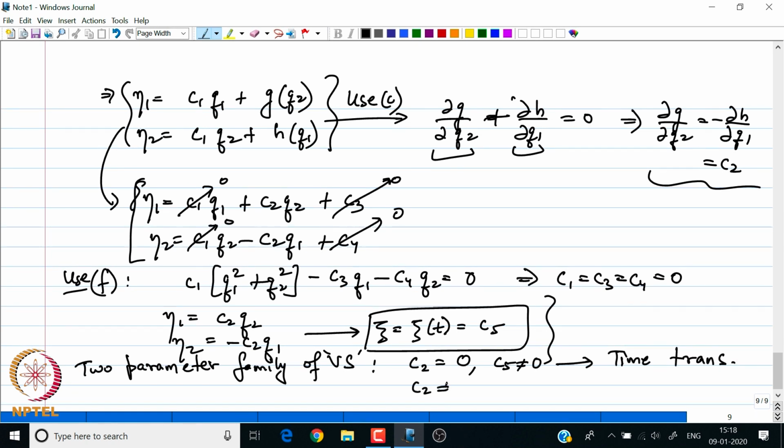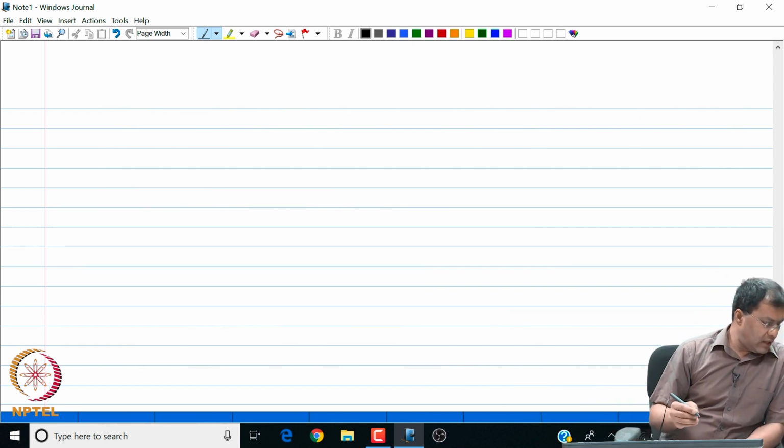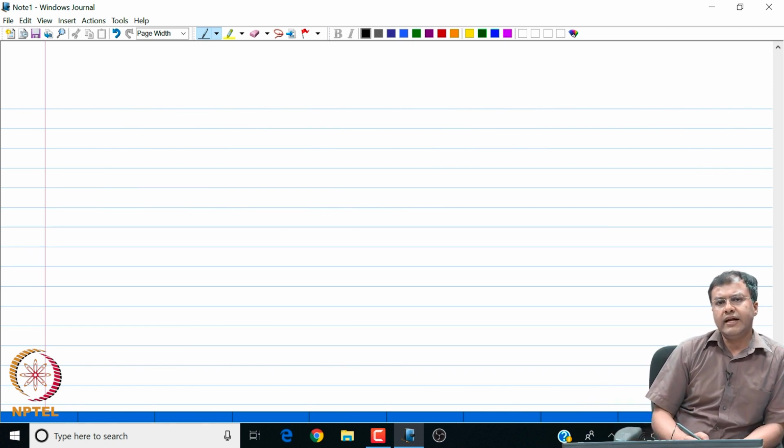Now, on the other hand, if C2 is not 0 and C5 is 0, then I have a pure rotational transformation, right. So, what have we found? That in the Kepler's problem, the only variational symmetries are linear combinations of rotation and time translation. Okay. So, we end our discussion by concluding that we can continue finding these variational symmetries for functionals containing integrands of higher order derivatives